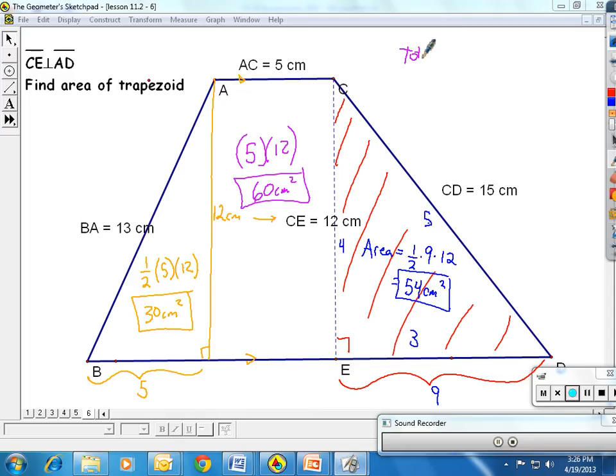My total area is 30 centimeters squared plus 60 centimeters squared plus 54 centimeters squared. Add those up and we get, what do we get? 144